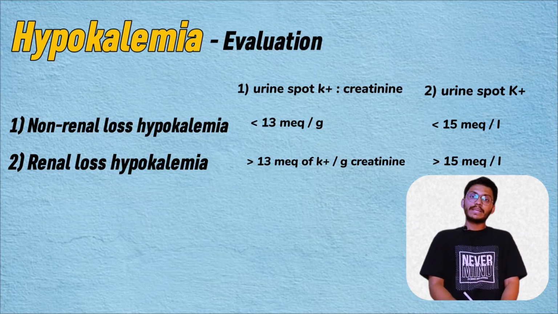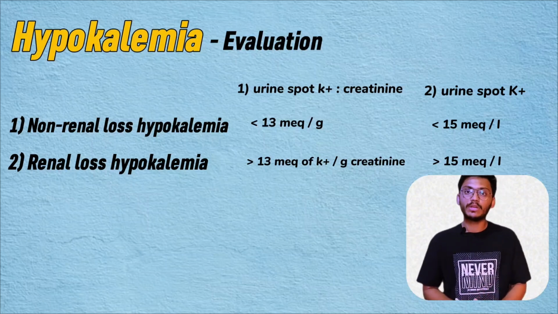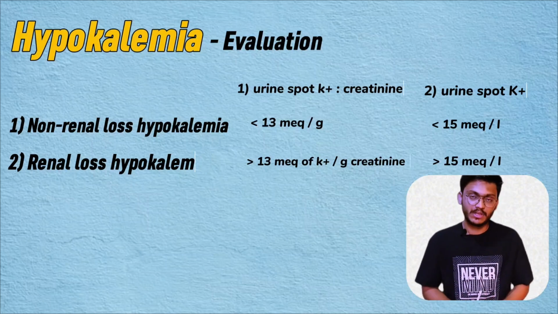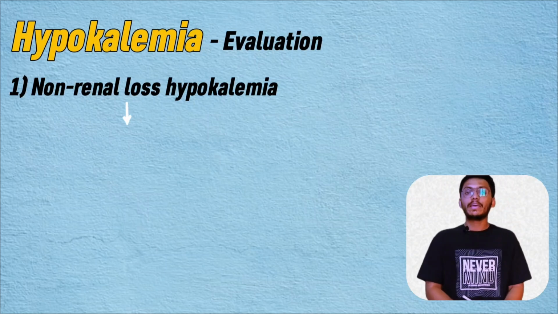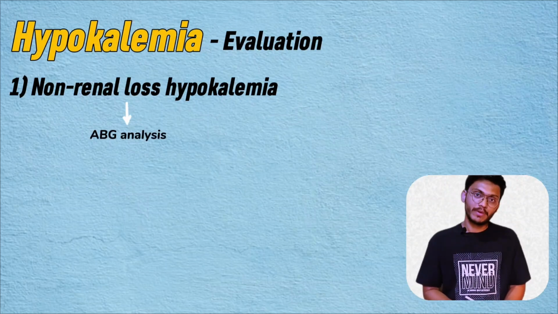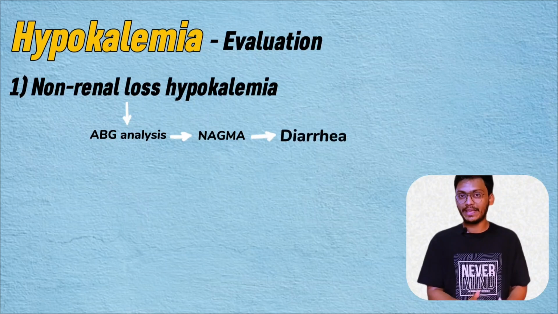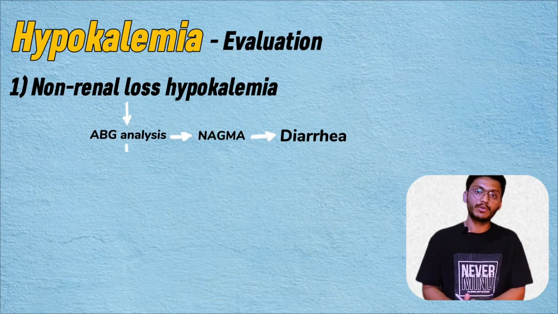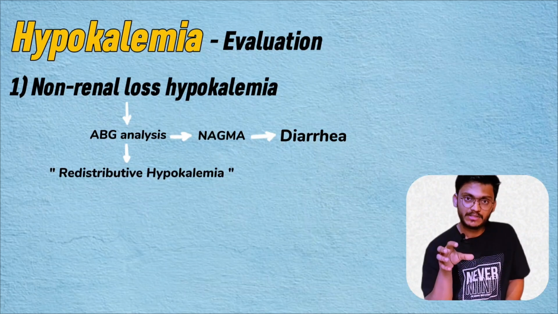So once you segregate the cases as renal loss hypokalemia and non-renal loss hypokalemia, you should evaluate further to find out the specific causes. In case of non-renal loss hypokalemia, the first thing that you should do is ABG, that is arterial blood gas analysis. If you find normal anion gap metabolic acidosis, then it is a case of diarrhea causing hypokalemia. If you find ABG to be normal, then it is a case of redistribution causing hypokalemia,